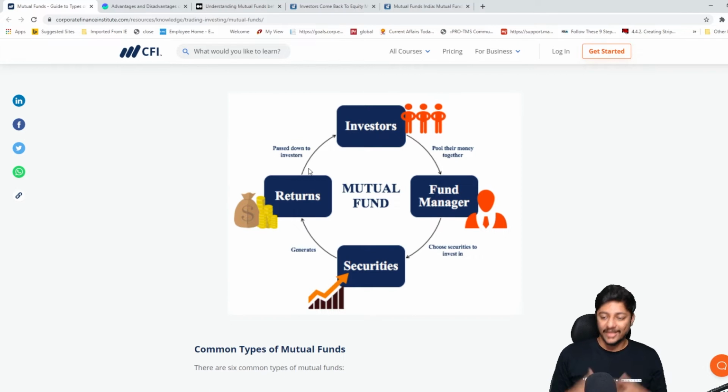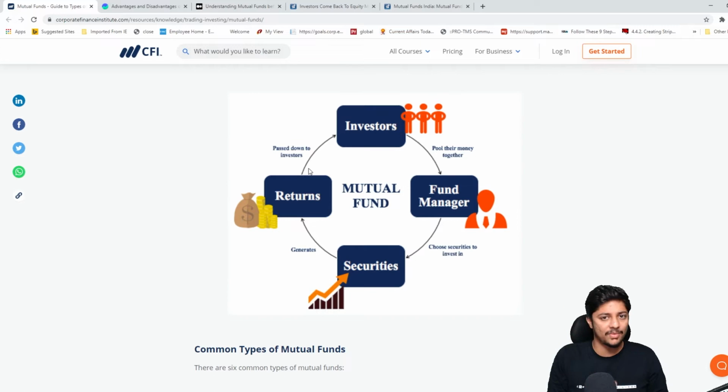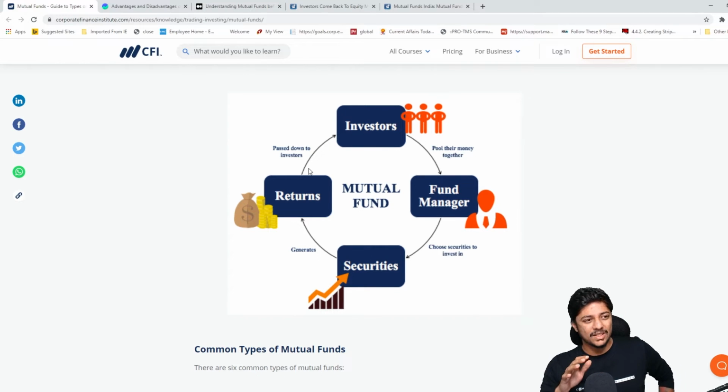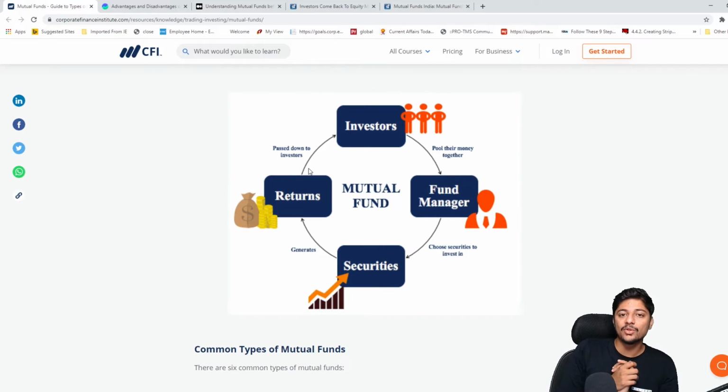Then what happened, the finance experts in the world said, chalo, हम लोग ने कॉमन मैन को थोड़ा कंफ्यूज कर दिया. We said we'll initiate this thing about a mutual fund. Already half the people got confused. Then they said, what, one mutual fund didn't give us enough fun, let's make another mutual fund, let's call it large cap fund, let's make a mid cap fund, let's make a small cap fund, let's make an ELSS fund, let's make a hybrid of this and that, let's make a large cap plus mid cap fund. ऐसा करते करते they've made more than 50 to 20 different types of funds. Debt fund, ये fund. Now कुछ भी होता है उसका fund बना देते.